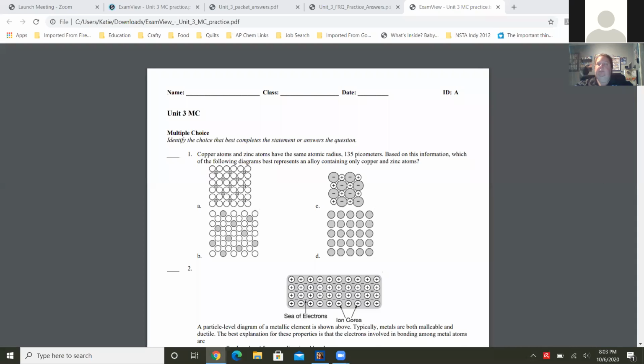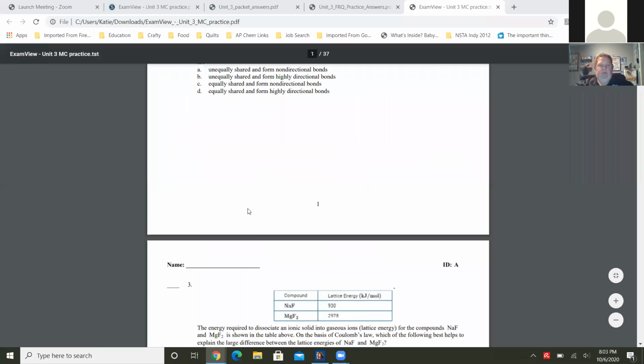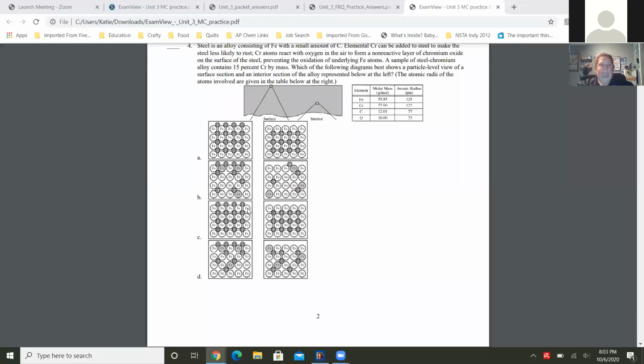I actually have a lot of questions from the multiple choice. Okay. So on number 4, I wasn't sure about the difference between B and D. Number 4. Okay. So we did this question in class, I think. The difference between B and D